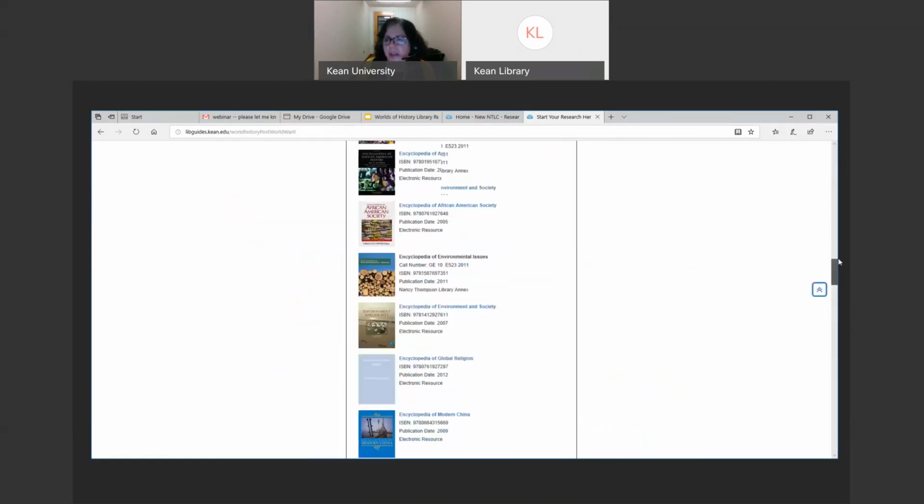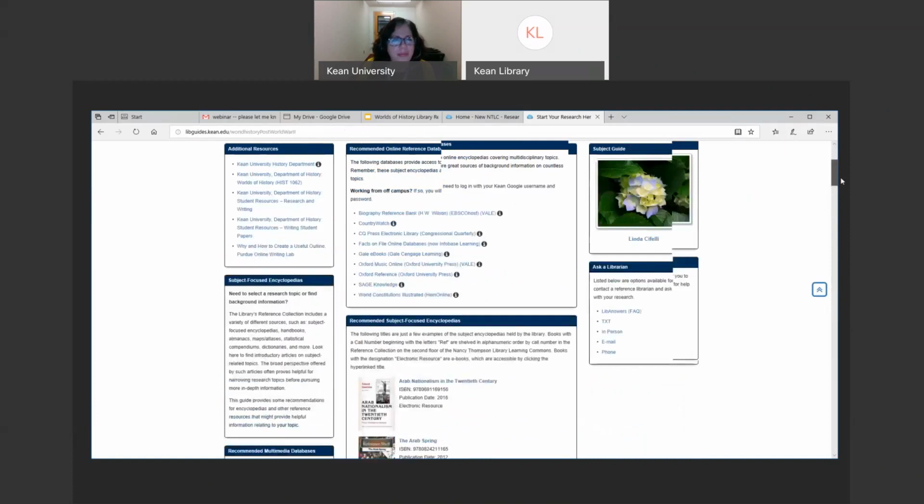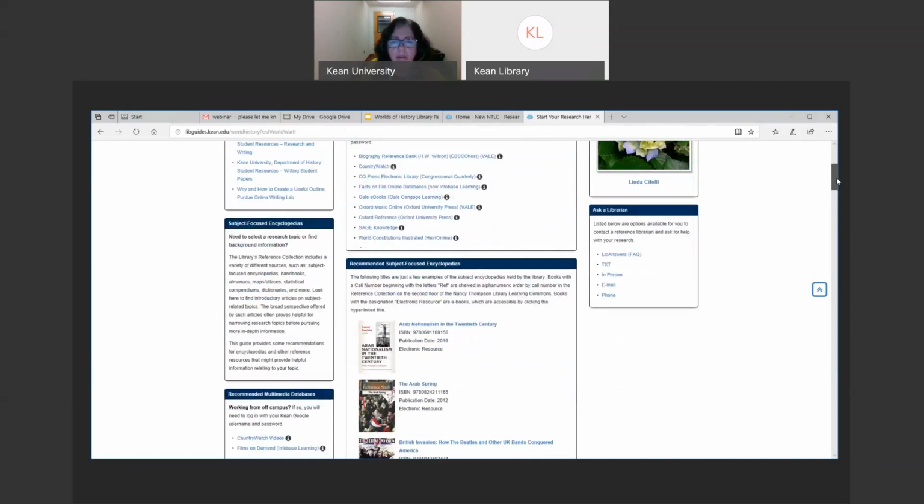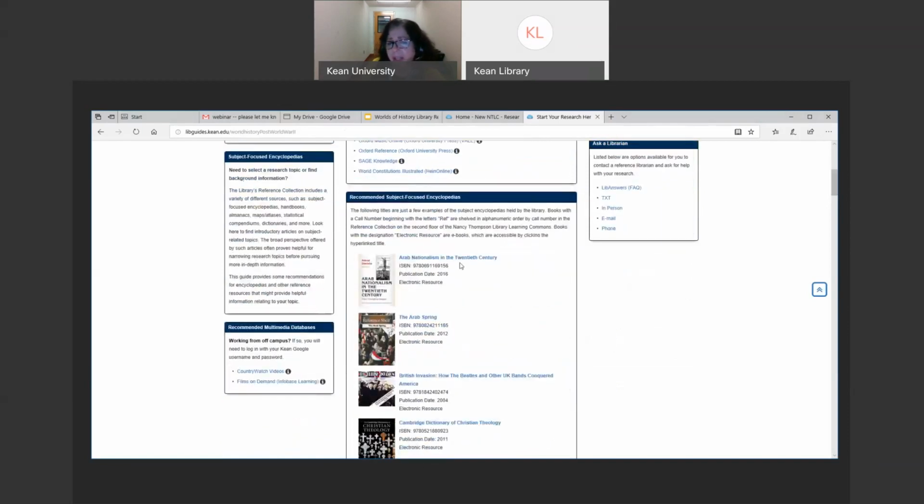As you scroll down on this page, there are several boxes that have labels, such as recommended online reference databases. And here we see links to some of the library databases that do provide access to reference book material, such as encyclopedias, subject encyclopedias, dictionaries, handbooks, and so on. As you scroll a little bit further down on the screen, there are some recommended subject-focused encyclopedias and other types of